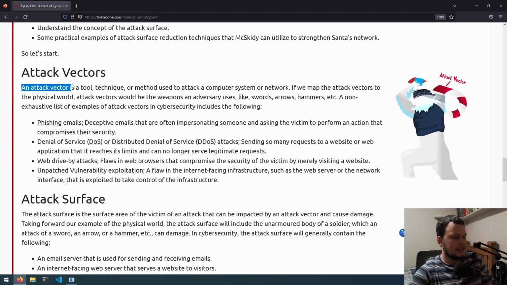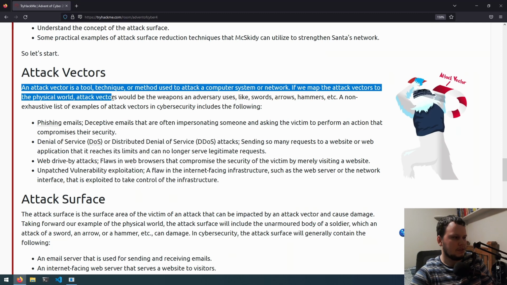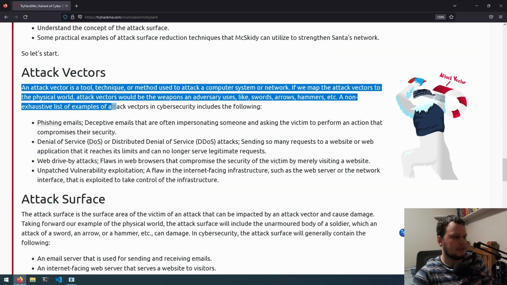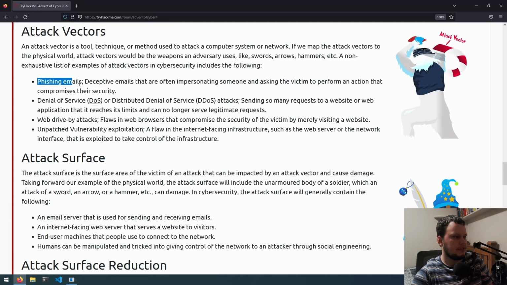So, an attack vector is a tool, technique, or method used to attack a computer system or network. If we map the attack vectors to the physical world, attack vectors would be the weapons an adversary uses, like swords, arrows, hammers, etc. A non-exhaustive list of examples of attack vectors in cybersecurity include the following: phishing emails,